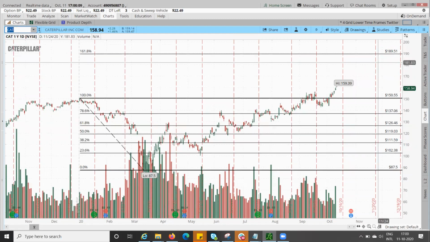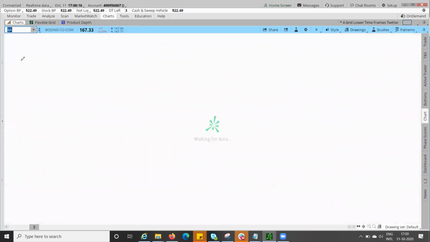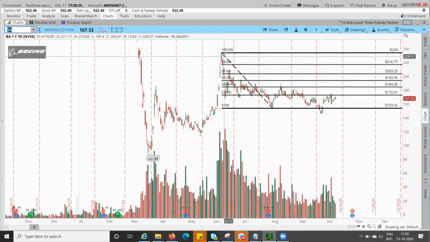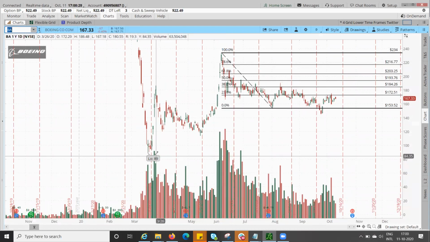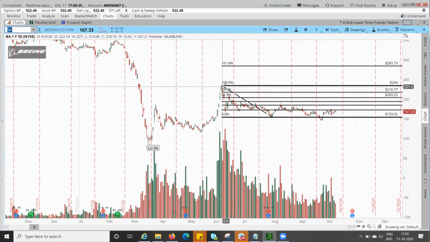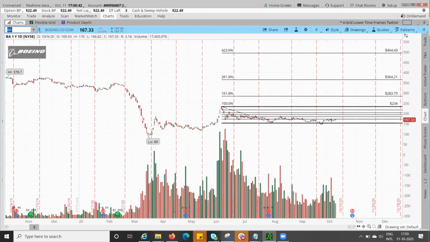Why didn't you go to the lower lows like 145 for BA, with the Fibonacci? They are recent buys. Once it went to 234, if I go here and go to 89, you will see the more reasonable levels. But just because it has already breached this level and went up, I changed them. I can try this one, which is 400 to 89, and let's see what it comes to.